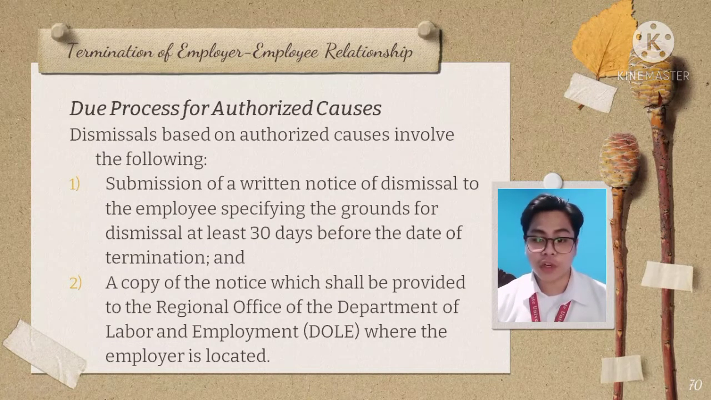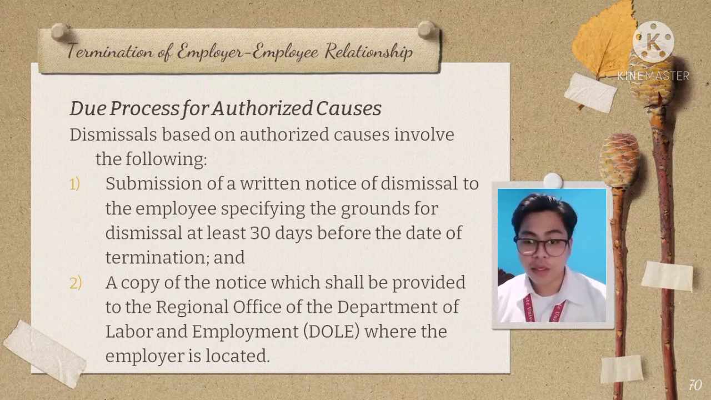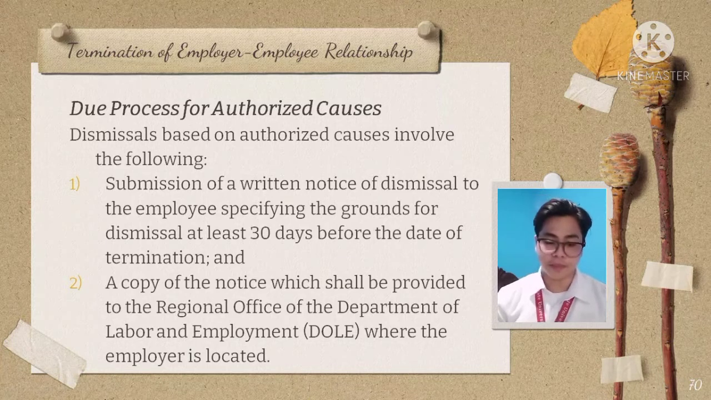Due process for authorized causes. Dismissals based on authorized causes involve the following: submission of a written notice of dismissal to the employee specifying the grounds for dismissal at least 30 days before the date of termination. Dito naman,